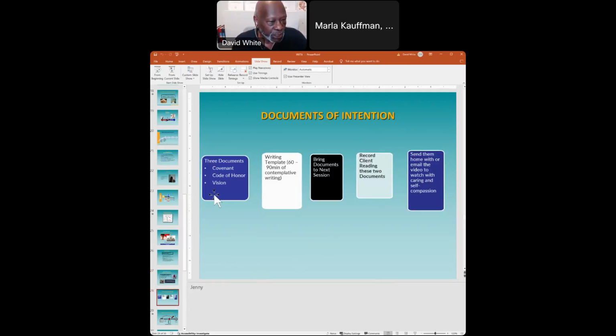When we do the workshop, we have people do these things. You develop 3 documents. The covenant is, when I'm being the best human being that I know how to be, what does that look like? And let's get that in writing. Your code of honor, what are the principles by which you live? And your vision is, if you're following your covenant and your code of honor, what do you expect the outcome to be? So we give you time to write those things. We give you opportunities to do that. And then we discuss those. If I'm doing it individually, we do it session to session. If I'm doing it as a workshop, we create time in the workshop to do this.